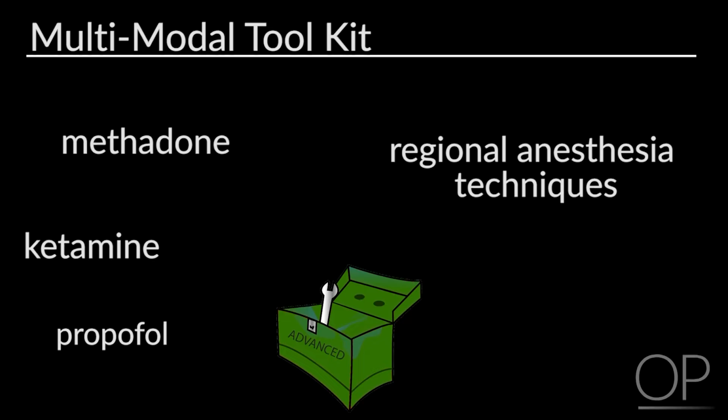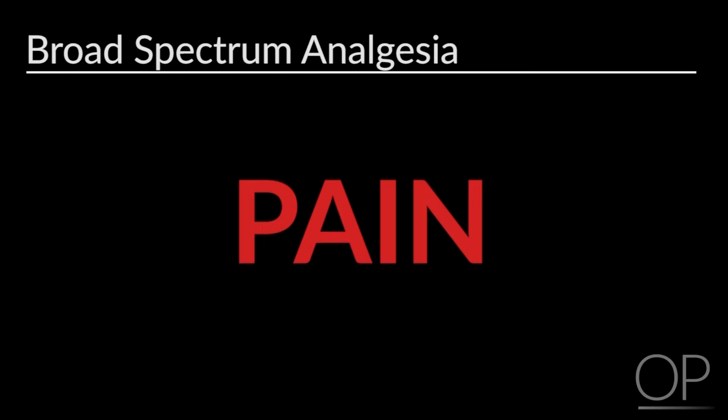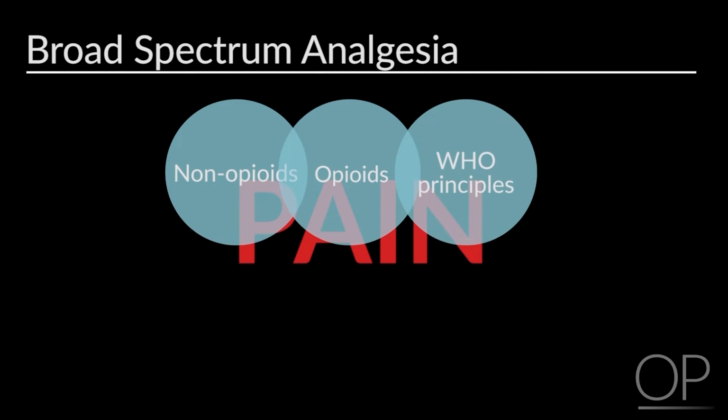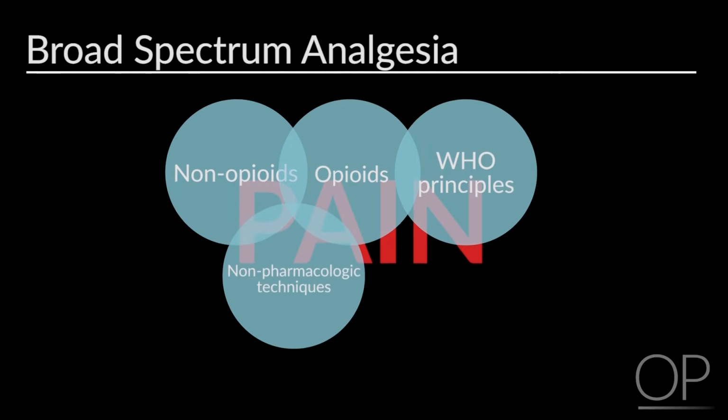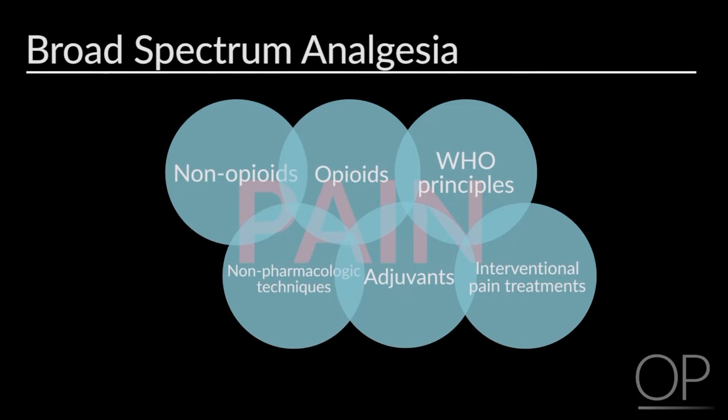in more advanced settings. This is the last visual interpretation that I like to use of broad spectrum analgesia, and thinking about having that pain in the center and then filling in with all of these different strategies using the non-opioids, the opioids, employing the WHO principles, utilizing non-pharmacologic techniques, utilizing adjuvants, and finally, if necessary, using interventional pain treatments in order to fully cover up the pain. Don't leave any gaps. Make sure we've got it all covered, is the approach that we like to take, particularly